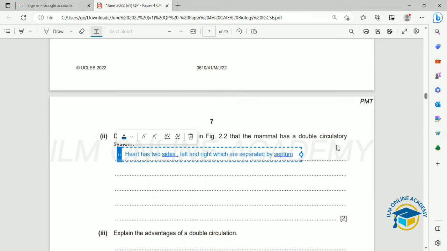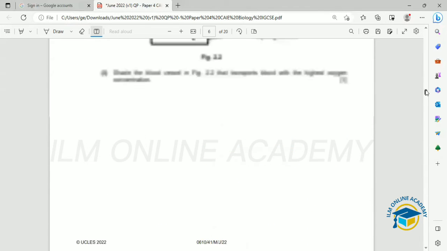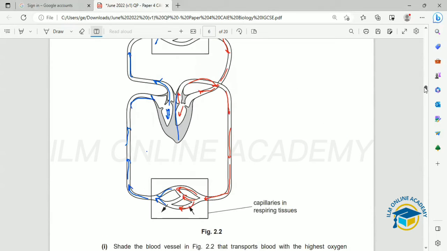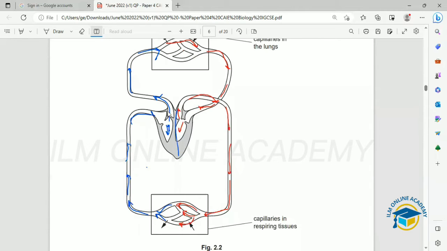And right now, I showed you that blood passes through the heart twice in order to complete one cycle, right? Okay, it started off from here, and then this blood went to the lungs, and then